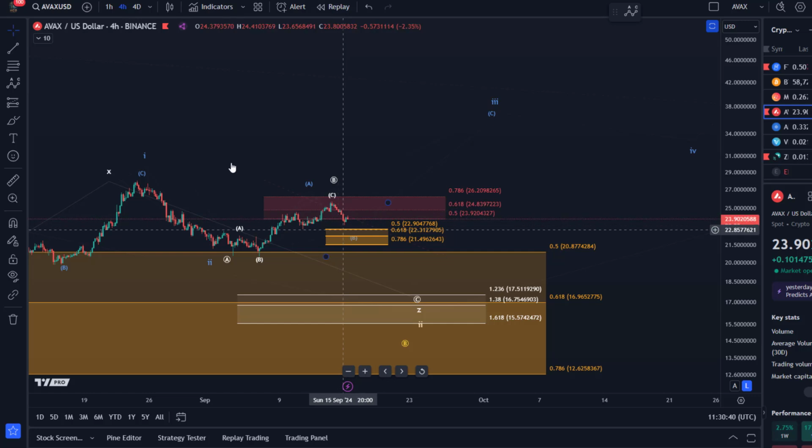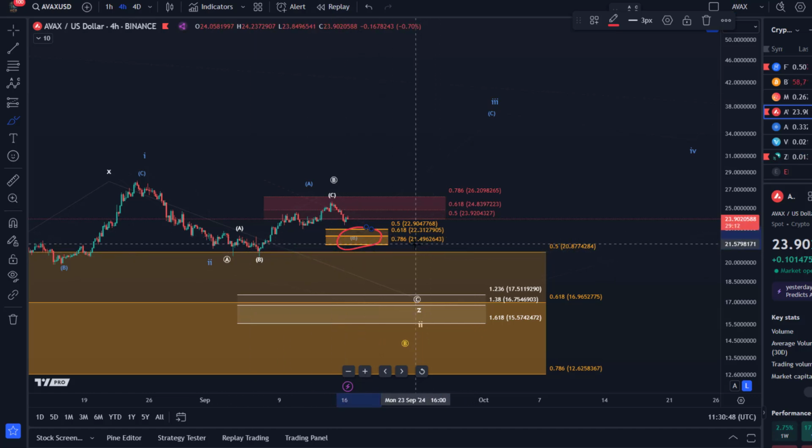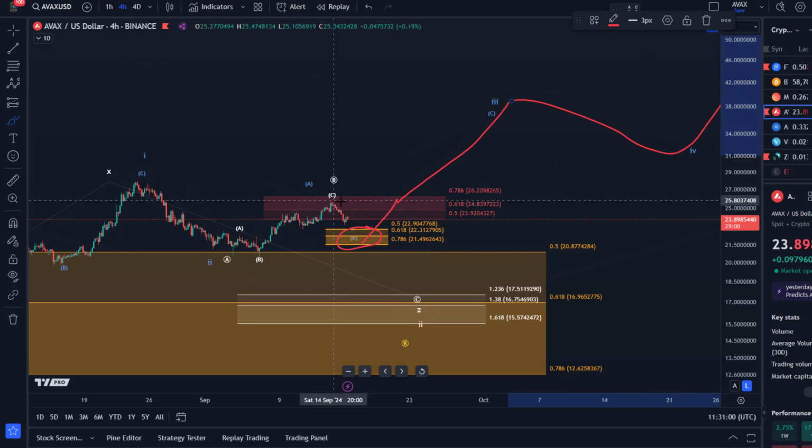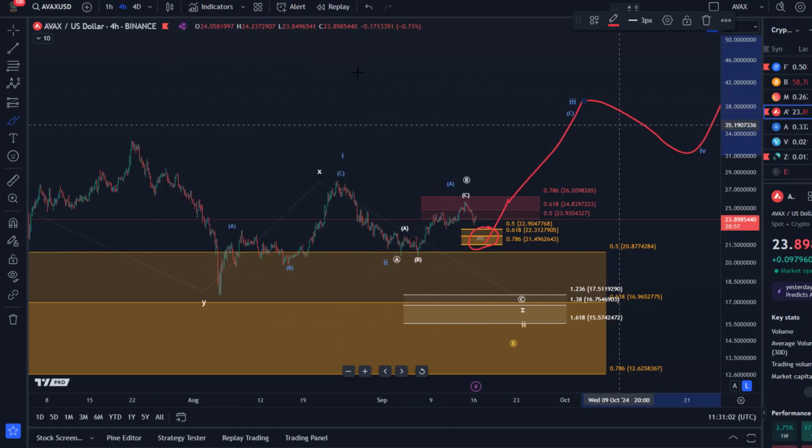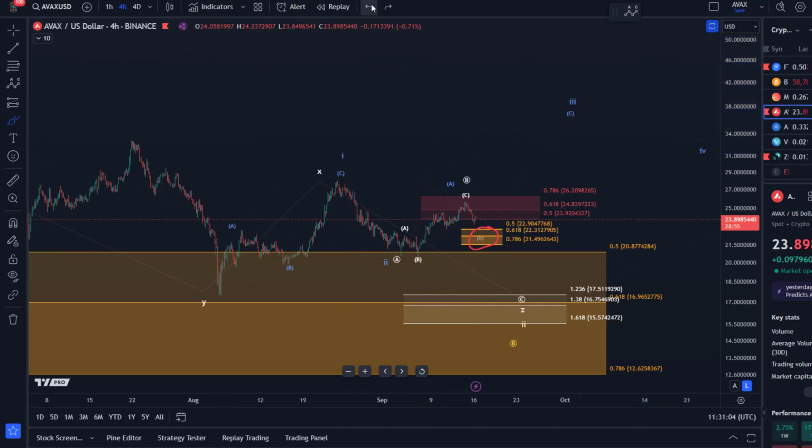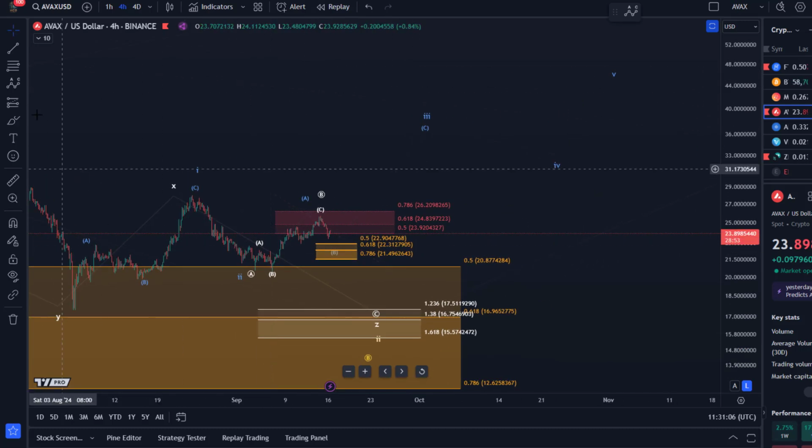But I can tell you that if we see a reaction, let's say an impulsive reaction to this support region, and the blue count will become less likely below $21.49, then break above the recent high that formed here on the 14th of September, 25.80, we can take the blue count more seriously. But then it still needs to hold a 4-5. So, or form another 4-5 pattern for a first reliable 5-wave move to the upside, because essentially, to really confirm